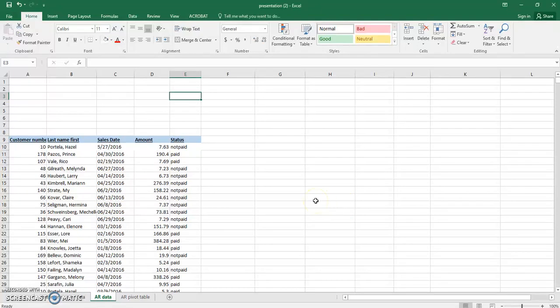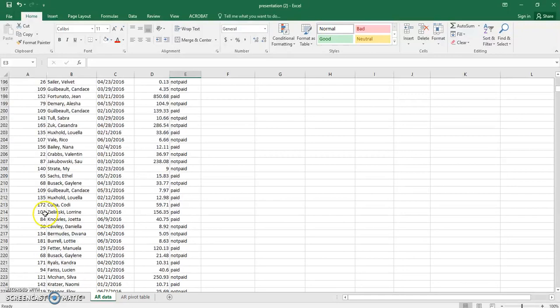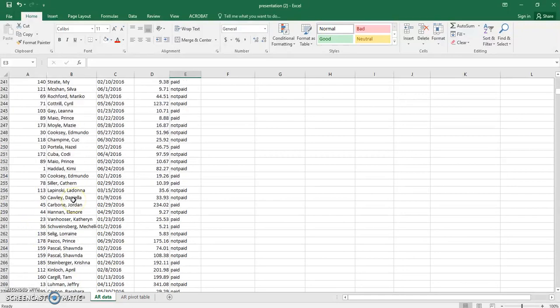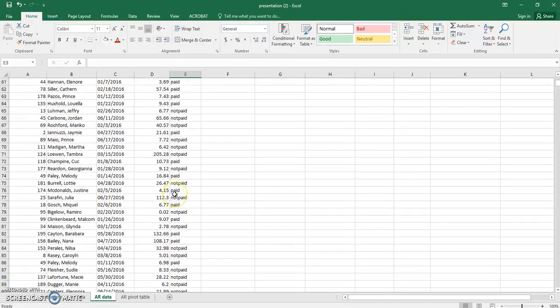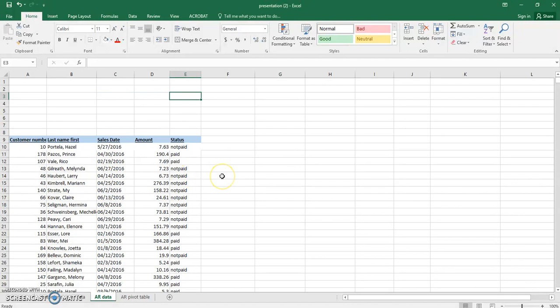Today I'm gonna teach you a really important, useful Excel function called database functions. There are many database functions in Excel, but today I'm just gonna show you the DSUM function. I have all this information from our customers. They have transactions with us, and some of them are paid and some of them are not paid. But if you really worry about our not paid transactions, in order to use the database functions, we